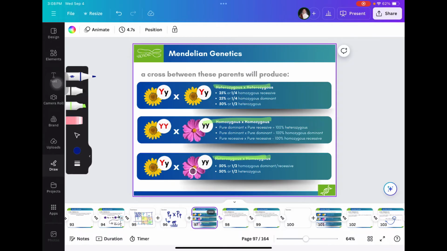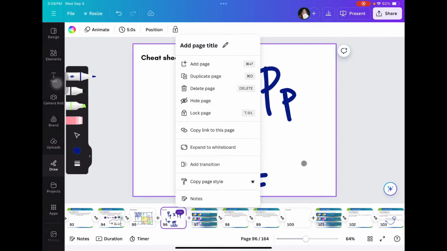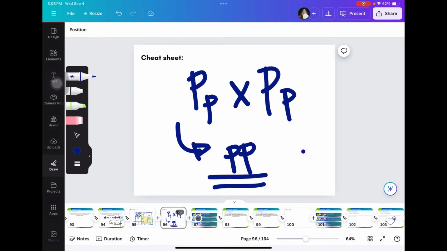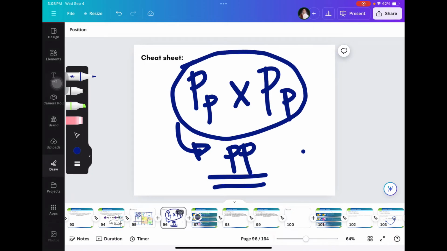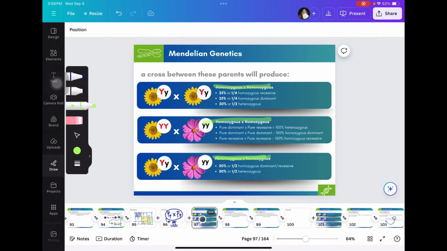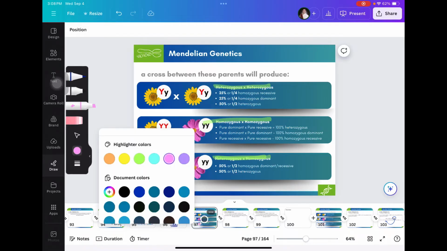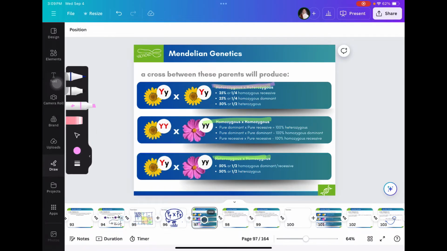So since they are both heterozygous parents, we're going to look at this portion, right? Because it's heterozygous times heterozygous. And according to our cheat sheet, there will be 25% that the offspring would be homozygous recessive. And that's your answer, right? It's easier this way. I think you just have to memorize this.